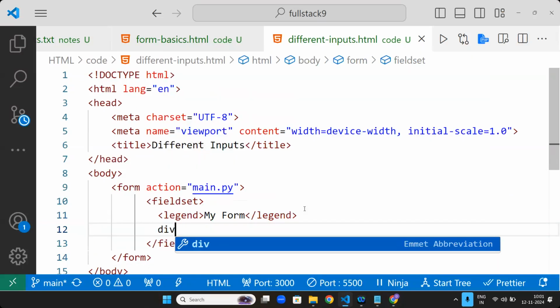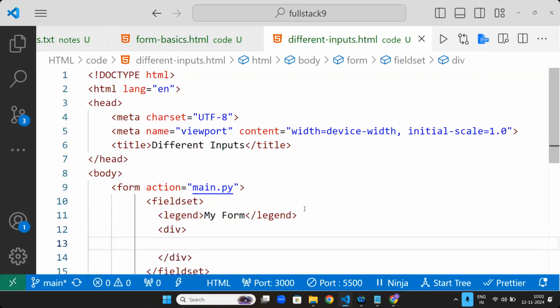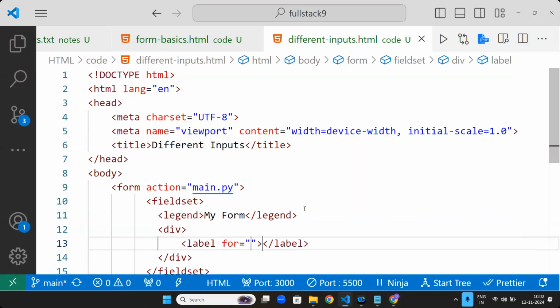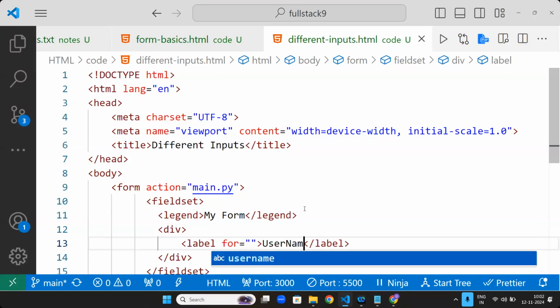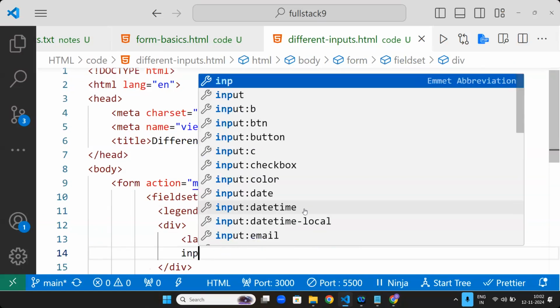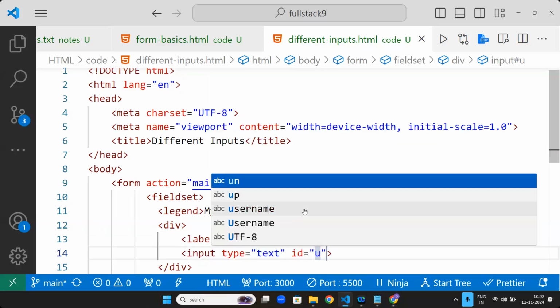You can use something like div. I'm using each label in one div so that it will be easy for us to understand. Label, username, label, input, type equals text, and ID equals UN.